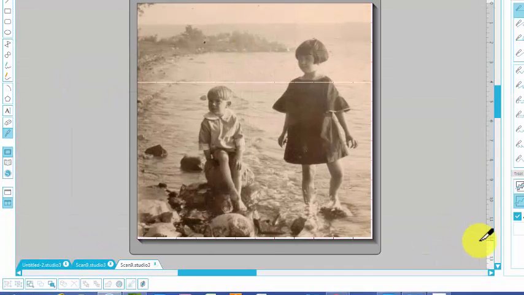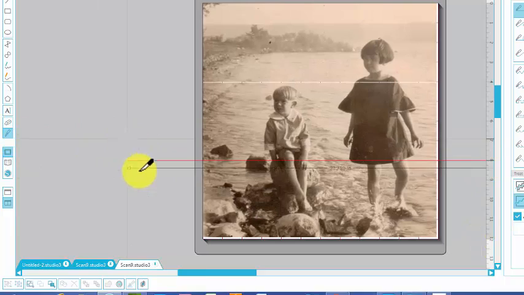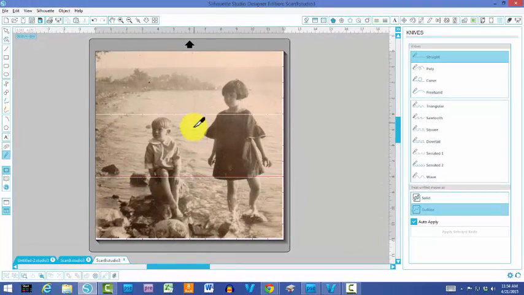And then I'm going to do the exact same thing from the bottom, but I'm going to line it up at 8, drag it across. That does my bottom section. So then the next thing I'm going to do is line it up at 6, the ruler across the top, of course, and I'm going to hold the shift button down to make a straight line, and I'm going to drag it all the way down, because that's going to give me two 4 by 6s at the top, two 4 by 6s at the bottom, and two 4 by 6s in the middle,